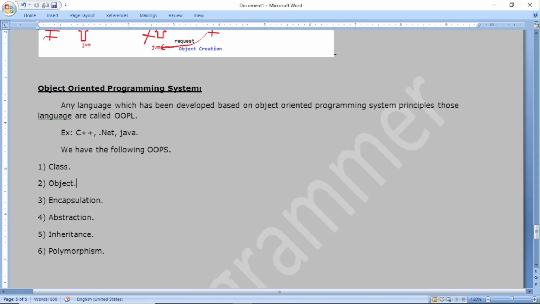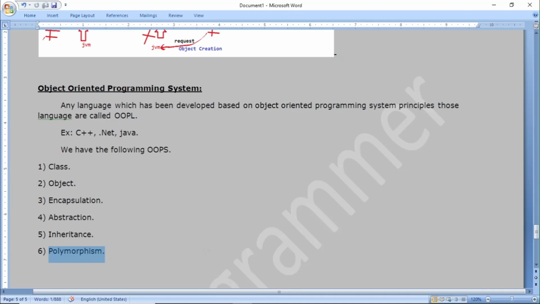Inheritance: creating a new class from an existing class is called inheritance. The new class is called the derived class and the existing class is called the base class. Now polymorphism: more than one form. There are two types of polymorphism: static and dynamic.